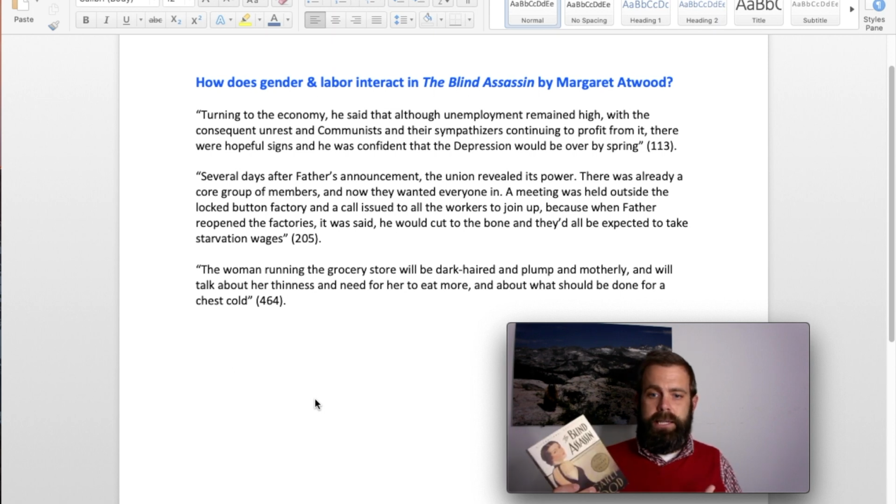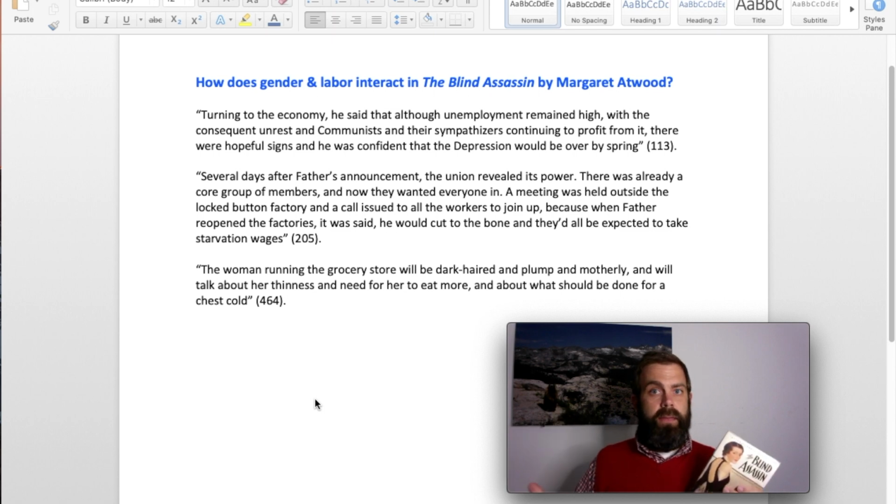There's a pregnancy in the novel, and if you've ever had a baby or lived on the planet Earth where people do have babies, we often say women go into labor. So if we're writing a paper on gender and labor and the character goes into labor, that needs to go in here too. You may use it, you may not. If anything could possibly go into your paper in a million years, you want it to go into this document.